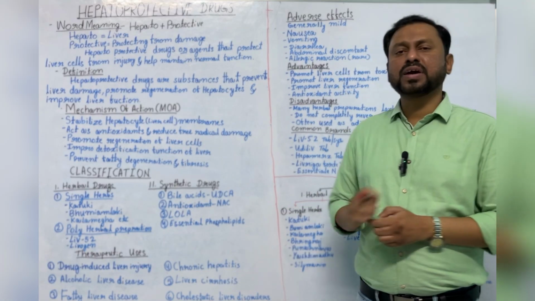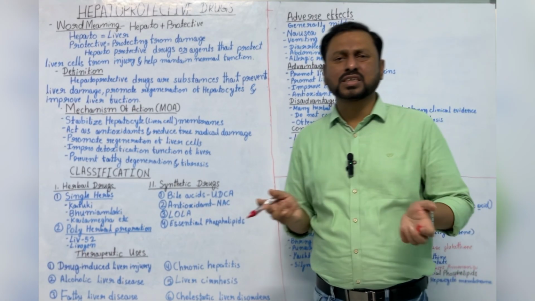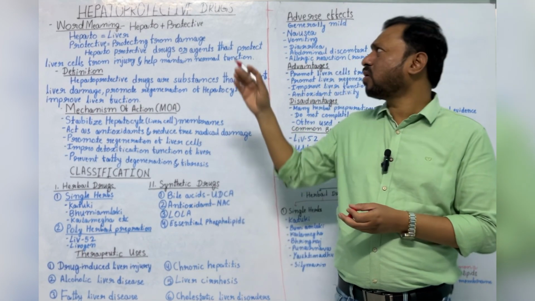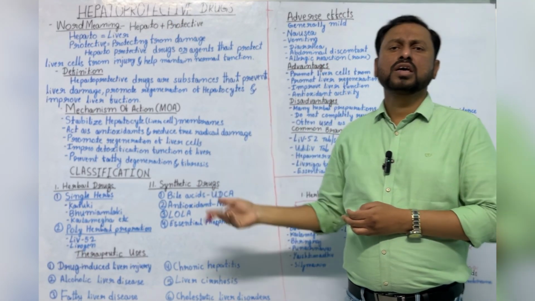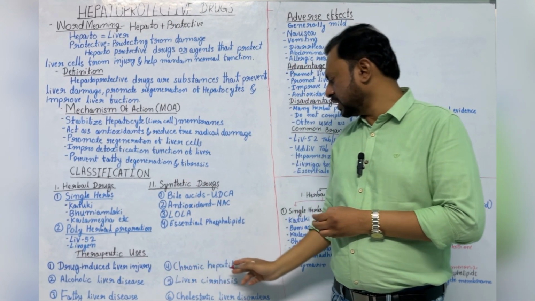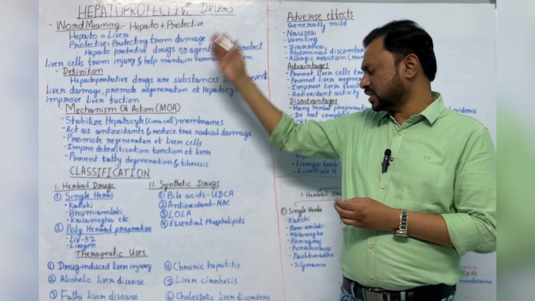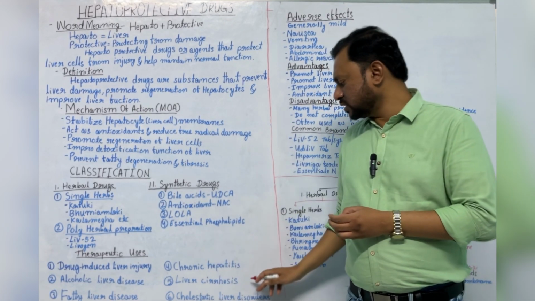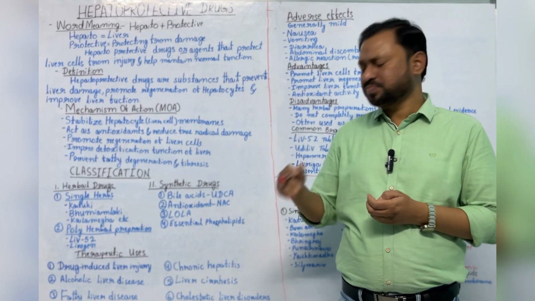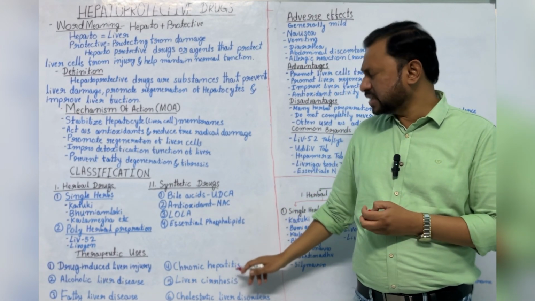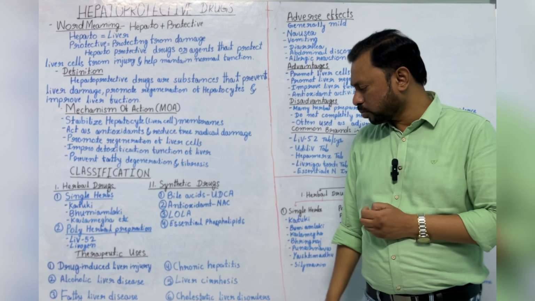Next is chronic hepatitis, hepatitis B, hepatitis C, and other hepatitis such as hepatitis A. In all those cases, the common drugs we are using are Liv 52, Hepamerz, and Udiliv. In chronic hepatitis, we use this class of drugs. Liver cirrhosis is one of the chronic cases, where the liver becomes cirrhosed. In that case also, we are giving hepatoprotective drugs.